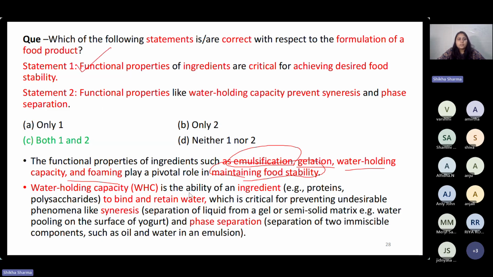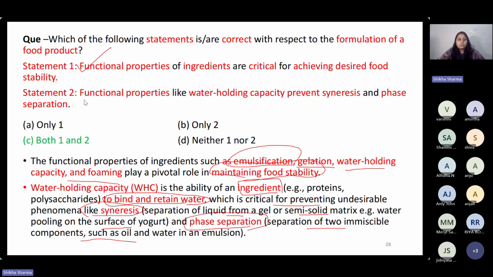And this water holding capacity is basically the ability of any ingredient we are adding, like protein or polysaccharides, to bind and retain water, which is very crucial for preventing undesired phenomena like syneresis, where liquid separates from a gel or semi-solid matrix, like water pooling on the surface of yogurt, and phase separation, which is the separation of two immiscible components like oil and water in the absence of emulsifying agents or proper